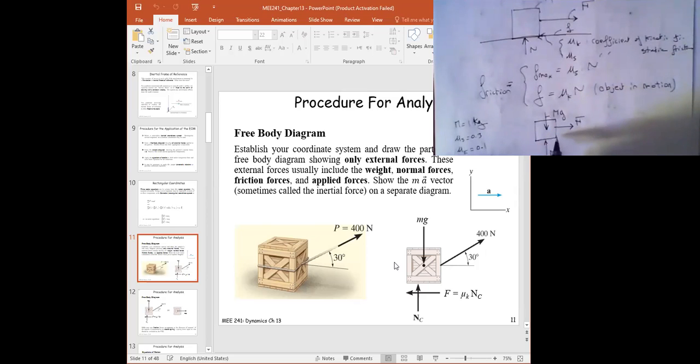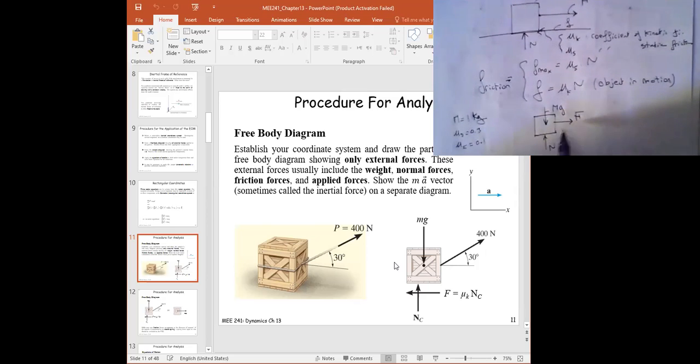Okay, what about the friction? What would be the value of the friction here? Mu k N? No. We don't know the value for the friction. These are basically like discrete values for friction. We would put mu k times N if we know that the object is moving, right? But how do we know if the object is moving?